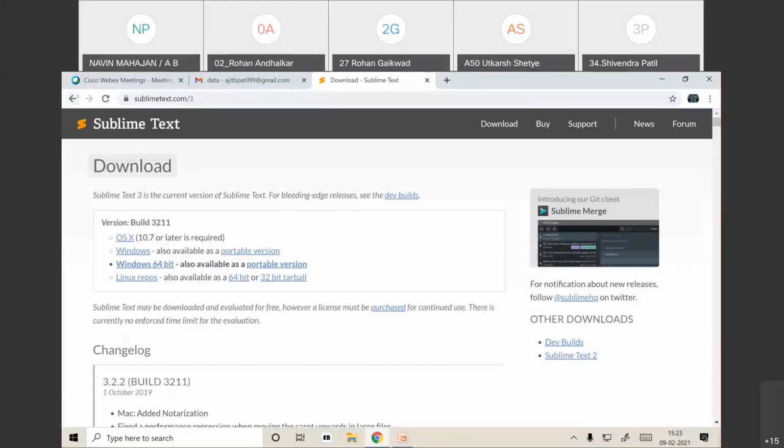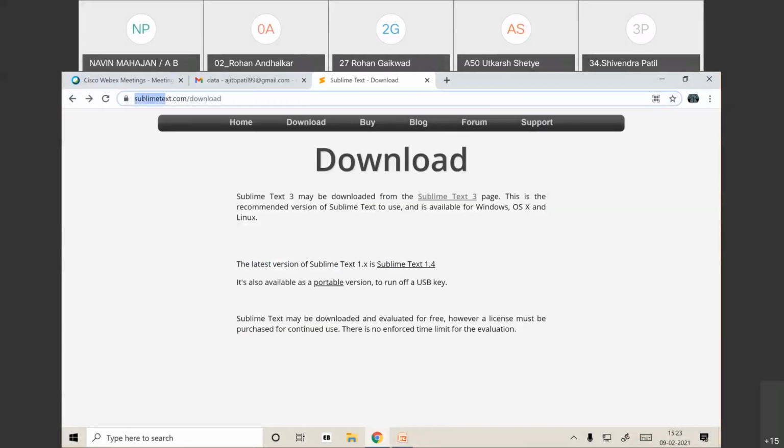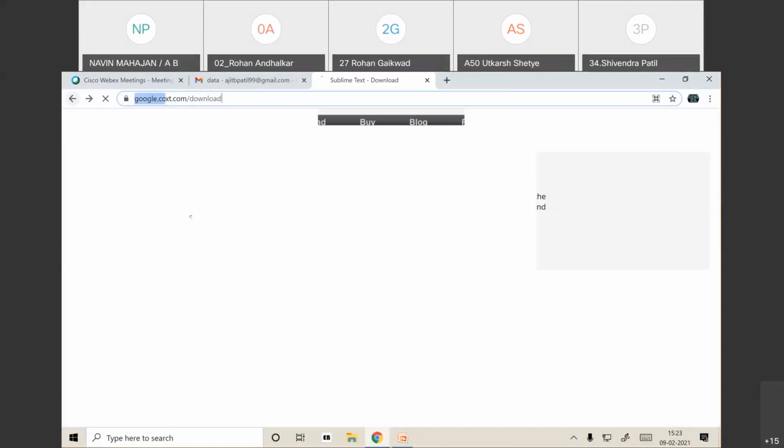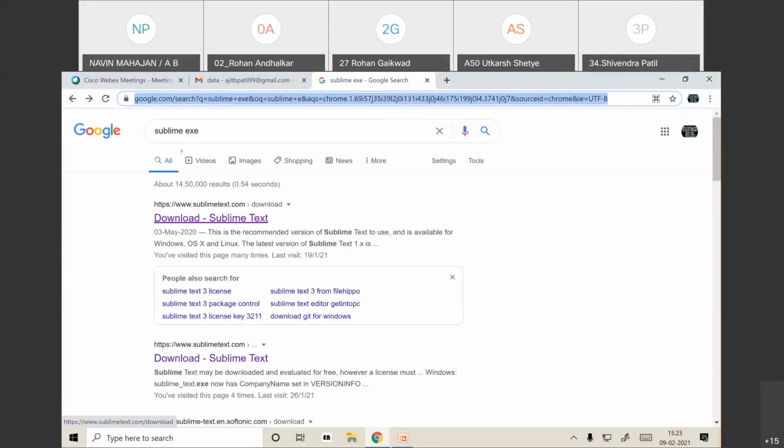Now just go to Google, and just wait, I will show you. Just go to Google and type Sublime exe. After typing Sublime exe, this link is displayed here. Click on download Sublime Text file,